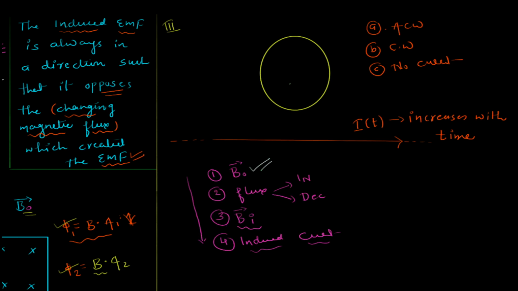Now that is actually not very clear in this question. We will come back to the increasing current later. That doesn't even matter right now. All that really matters right now is the direction of current. Clearly, current is towards the right. So current is in this direction. With the current of a long wire in this direction,